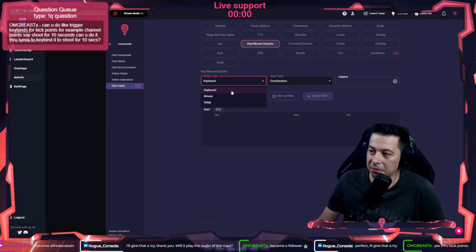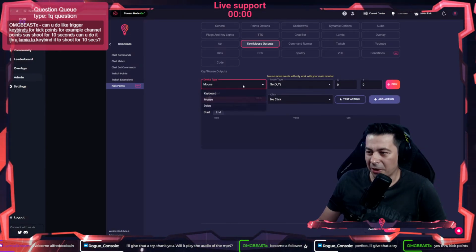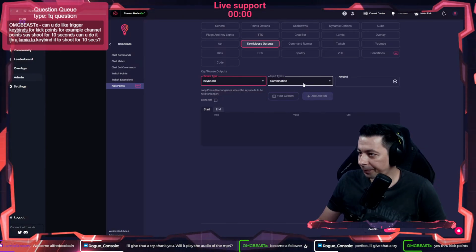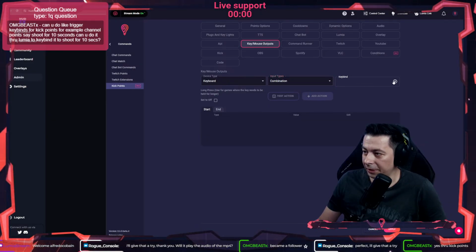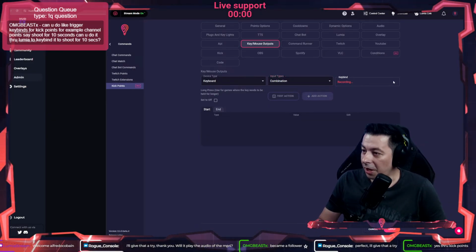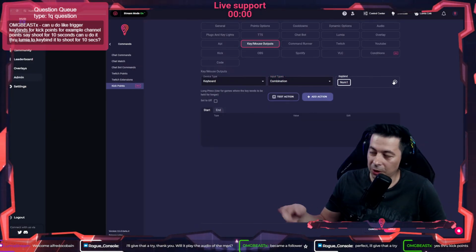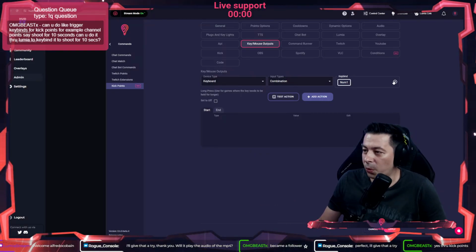For example, let's go keyboard because it's easier to explain. And I want the keybind to be pressed to say 1. So we're gonna recognize my number 1 over there, right?